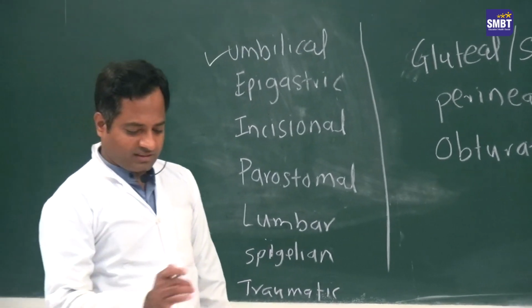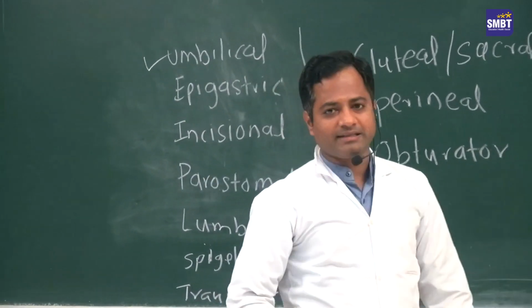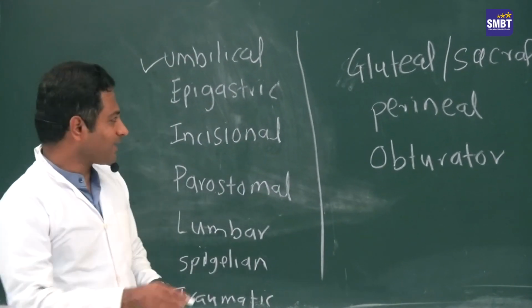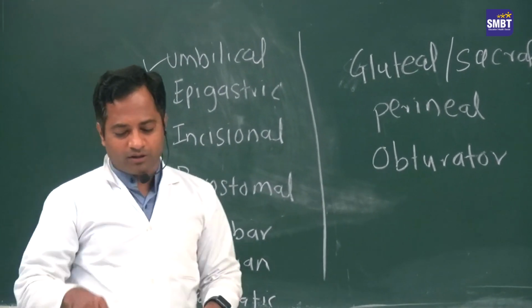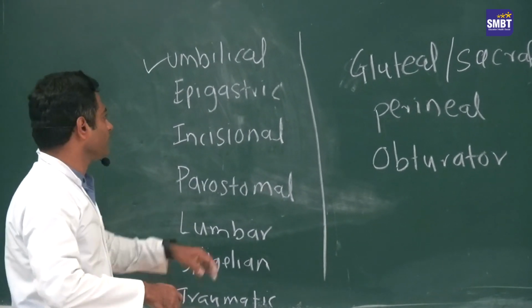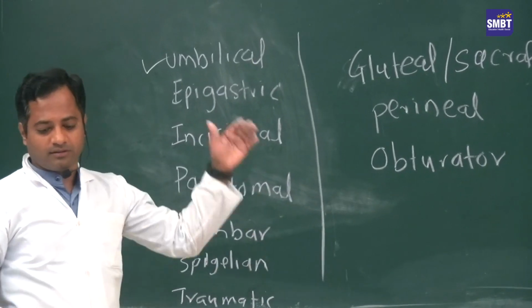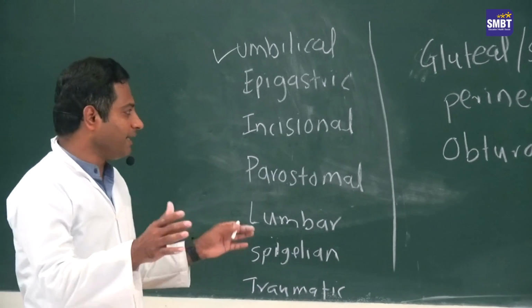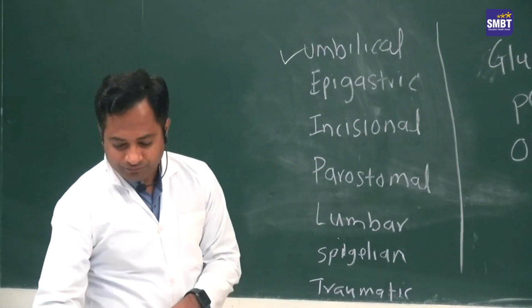Coming to the slight anatomy of the umbilicus. The umbilicus is a fibrous structure covered by skin, where there is a fibrous ring, and on that fibrous ring come a few ligaments: the falciform ligament from the upper part, and the median umbilical ligament and medial umbilical ligament from the lower part. Okay.